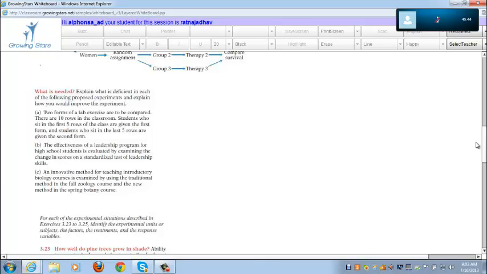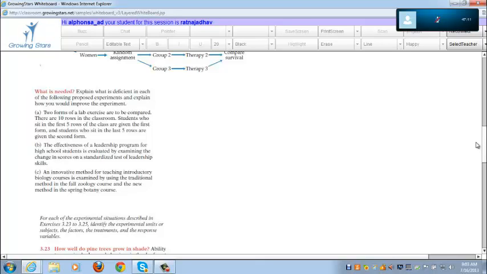For the first one: ability to grow in shade may help pines in the dry forests of Arizona resist drought. How well do these pines grow in shade? Investigators planted pine seedlings in a greenhouse in either full light or light reduced to 5% of normal by shade cloth. At the end of the study, they dried the young trees and weighed them.